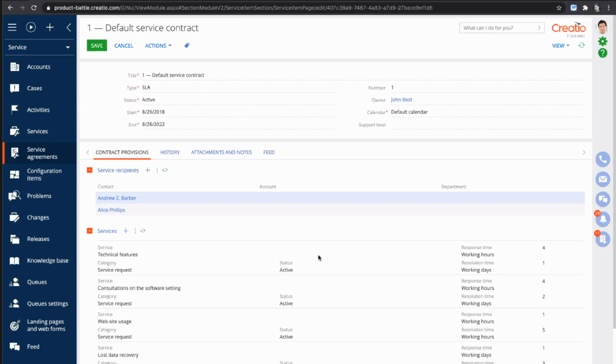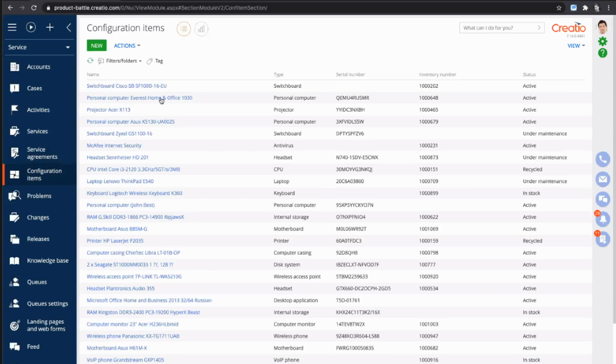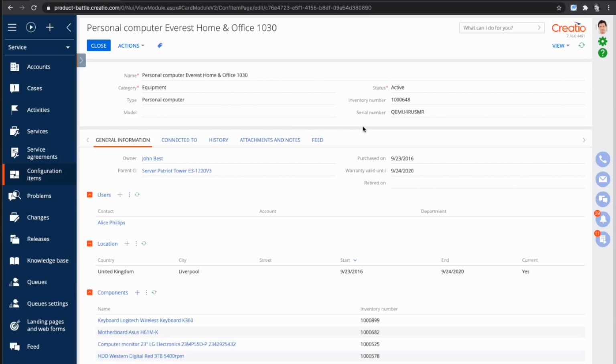Because we're talking about ITIL, ITSM functionality that we as well provide. And definitely we as well can include specific configuration items into services as dependent pieces, dependent equipment. This is somewhere where we can provide extensive inventory management functionality, right? And again, if an organization needs to follow ITIL, ITSM processes, we do provide those as part of the foundational basis of Creatio, right? And of course, in this case, the configuration items might have their own categorization, specialization, inventory numbers, serial numbers,